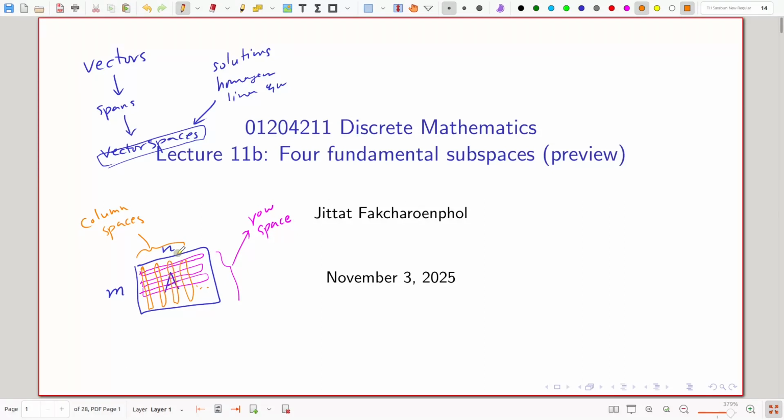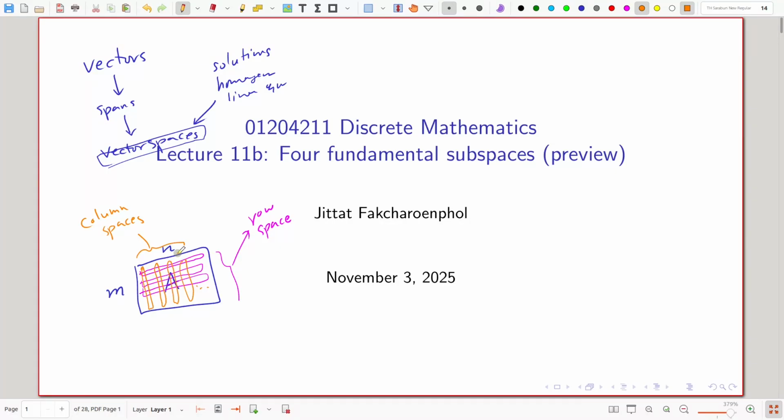But think about the size of the vector in each of the spaces. The row space is the span of m row vectors. What is the size of each of these pink vectors? How many elements do we have? It's equal to the number of columns of A, right?